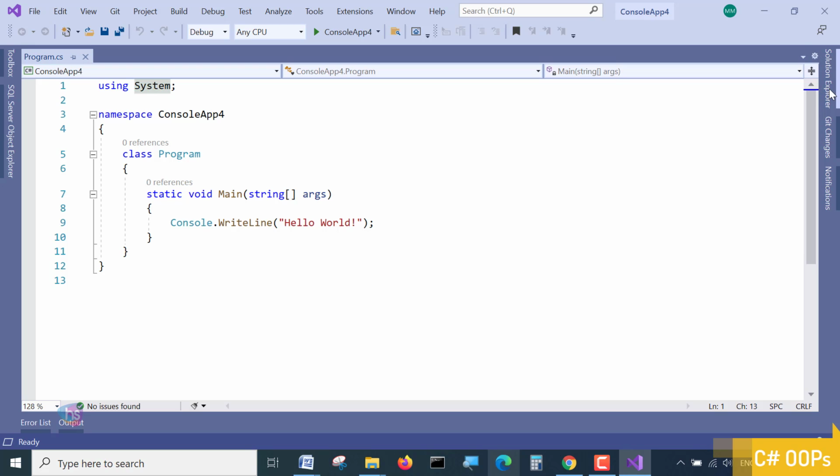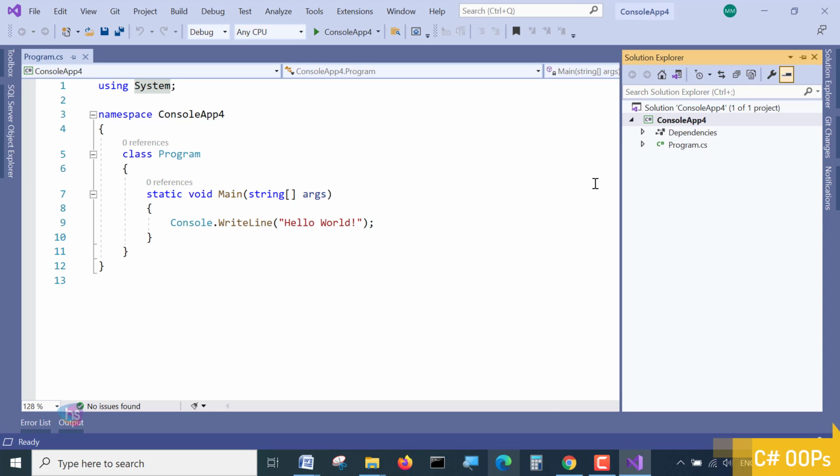If I go to the Solution Explorer, all this window and information is already described, and very clearly detailed information is given in the C# basic program course. If you have not yet subscribed, please do subscribe, avail of that course and complete it, then come back here and learn. If you are already aware of this Visual Studio window and Solution Explorer, please continue this lecture. And see here, when I open the Solution Explorer, all the dependencies of the framework will be seen here.